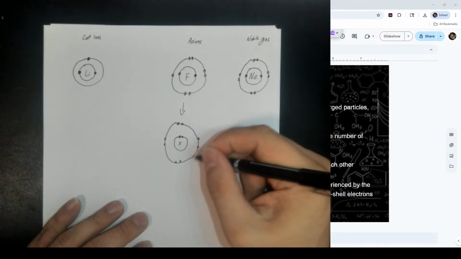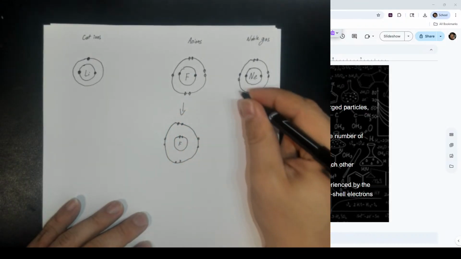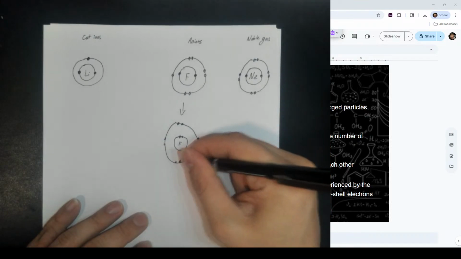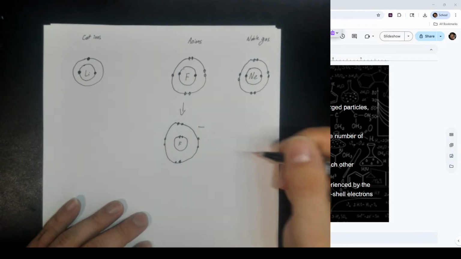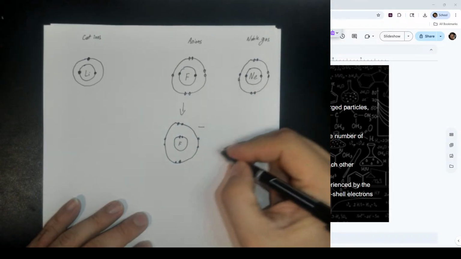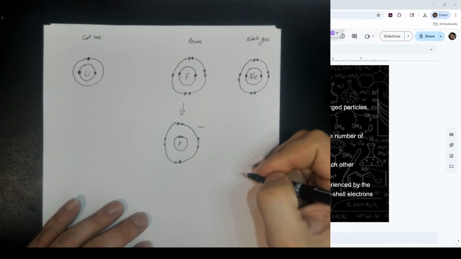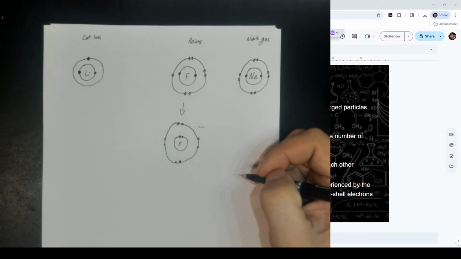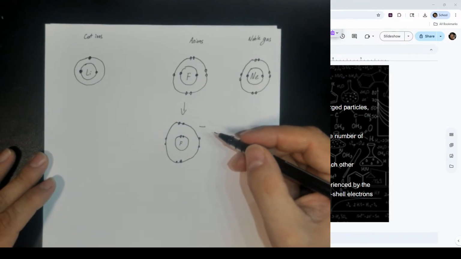Okay, and it gained an electron, and now it looks like neon. Because it gained an electron, it now has a negative charge, but it's happy. So it looks like a noble gas. It's following the octet rule. It has a full s and p subshell. And that's what atoms are generally trying to do: they're trying to satisfy this octet rule, which is what's